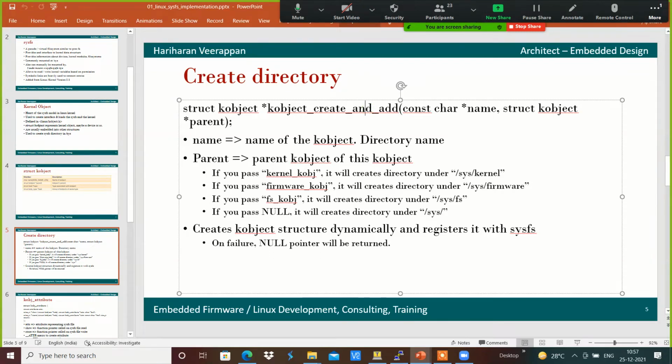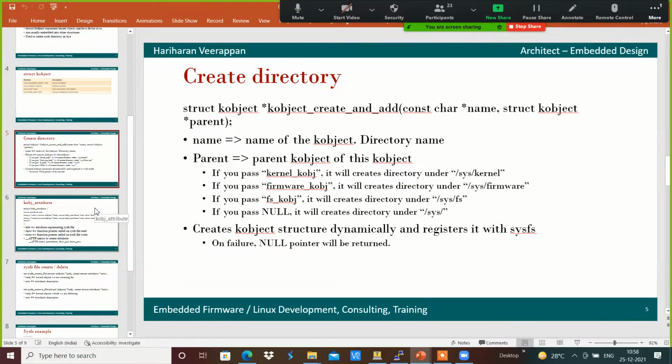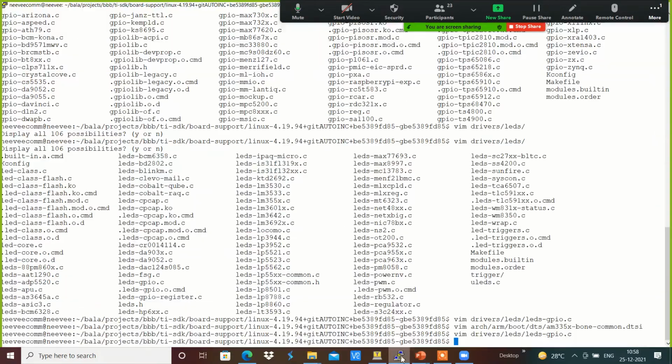If the parent is kernel_kobject, then our directory will get created within sys kernel. If we give firmware_kobject, then it will get created in sys firmware, and with fs_kobject, it will be created within sysfs. Like that, the file or directory will get created. That we will see, I am going to write.